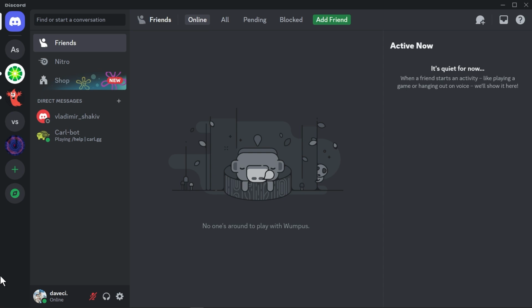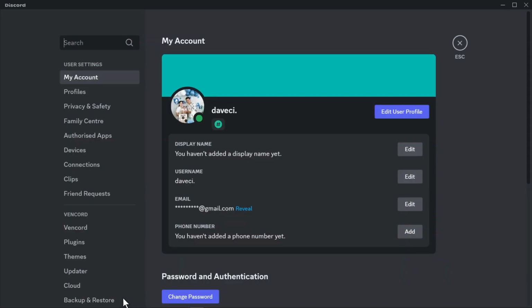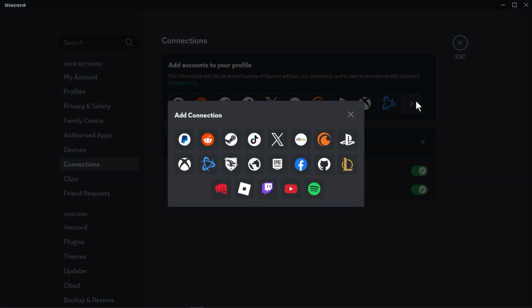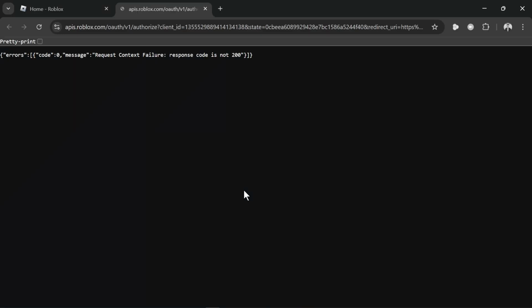In order for us to get this done, I want you to go ahead and click the user settings on your Discord, and then we're going to click the connections. Here in the connections, what you're going to do is just click view more here, and you should be able to see here the Roblox. Now go ahead and click this one, and it is going to somehow redirect you guys supposedly to the Roblox